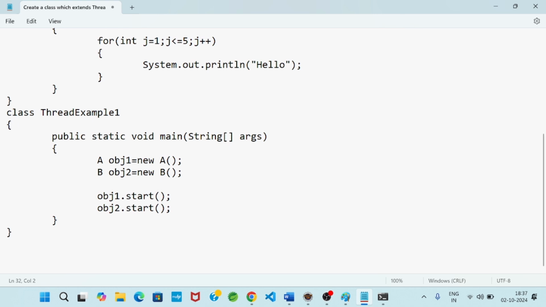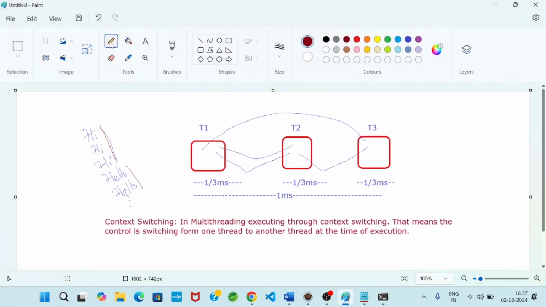The reason is, if I write obj1 dot run method, it is not representing multi-threading. In multi-threading, remember this is a very important point, a separate runtime stack is created.